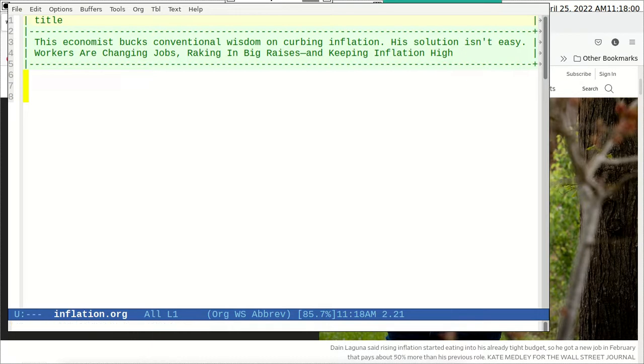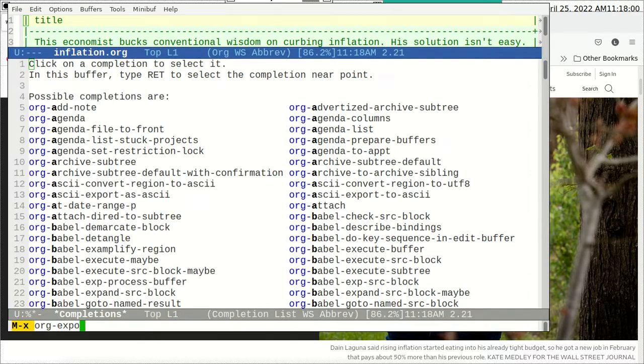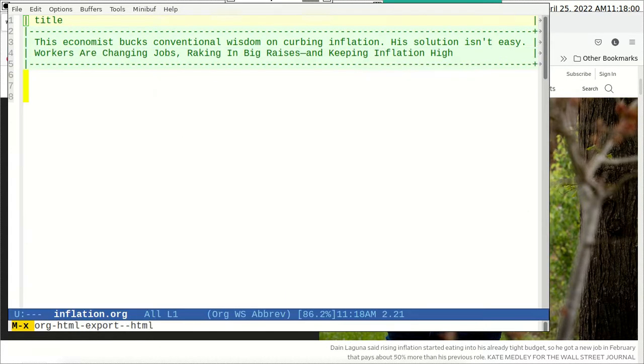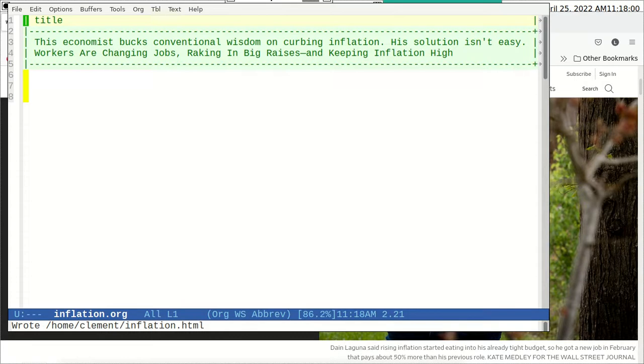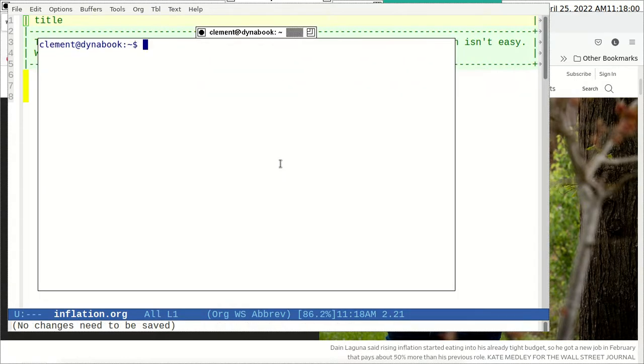Then I can export to XML. Then I got XML here. Then I go to this XML. We got the XML inflation.